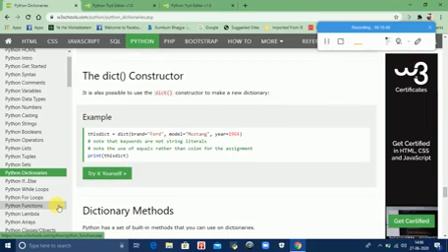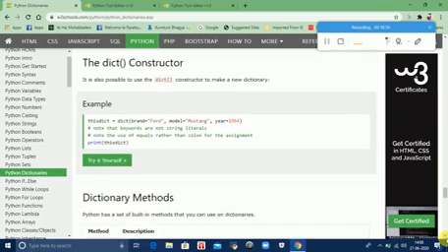Now comes the dictionary constructor. It is possible to use this constructor to make a new dictionary. So here the term constructor comes. I think you have not all heard about this term, कि constructor क्या होता है. So this constructor builds dictionaries directly from a sequence of key and value pairs. In order to create an empty dictionary, we can use this function without any arguments, and if we pass arguments, then those arguments work as the keys and the values.